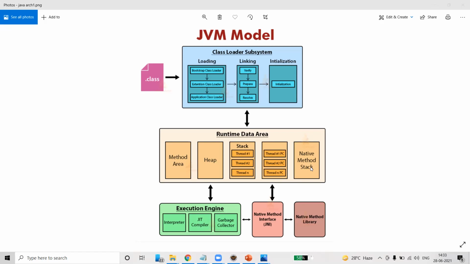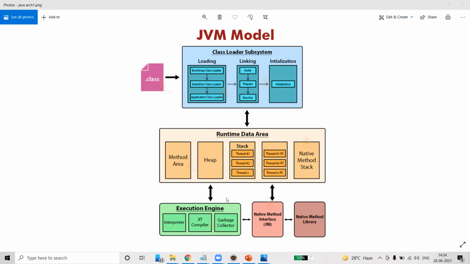It might be the operating system, it might be your keyboard, a mouse, or a touchpad. Okay, so there is an interface that connects to your program. These are called APIs. These APIs are also called native methods. See here, you can see the native method interface in the third layer. Native method interface acts as a mediator that connects the native method library to your execution engine.